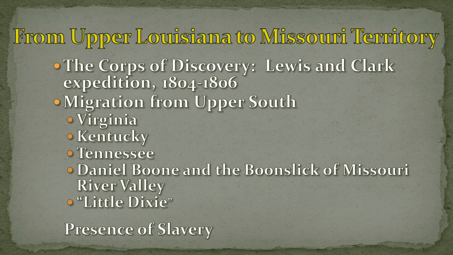Among the group who streams into Missouri during this time was the famed explorer Daniel Boone. He and his adult sons establish a salt refining venture in the area of the Missouri Valley, which becomes known as the Boone's Lick. Years later, the continued influx of Southern migrants earned these river counties in central Missouri the nickname Little Dixie. So strong was the Southern influence there. And you can see another sign of Southern influence in the fact that when it came time to choose a name for the state capital, they of course named it after President Jefferson, a Virginian.